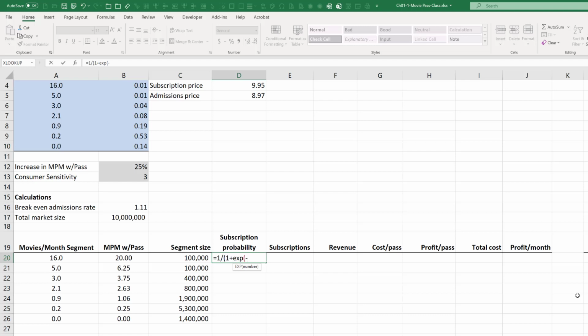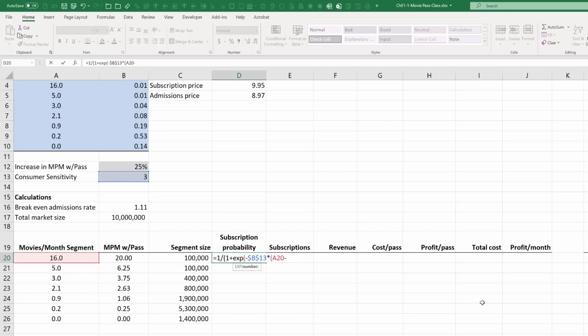Subscription rate, negative sensitivity rate. Okay, so we need to be able to copy this formula, so we'll make that absolute reference, times the current movie going rate, which is that,